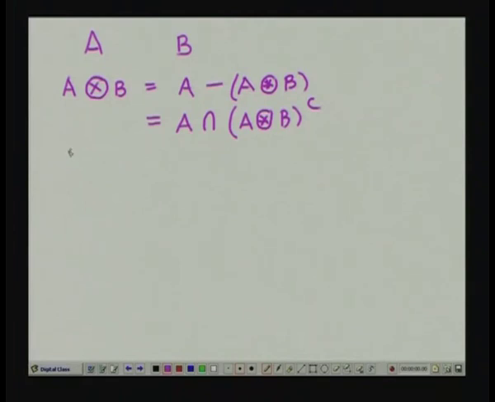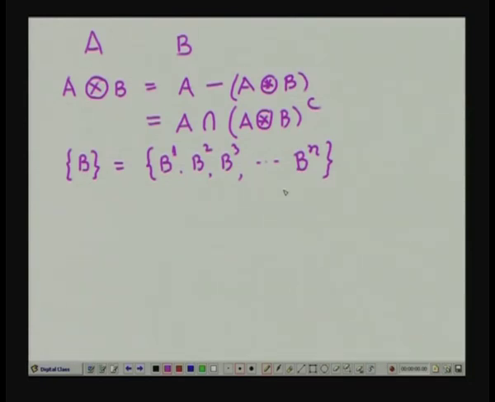So, in our case, for the thinning operation, we will have a set of structuring elements B, and this set will contain a number of structuring elements. Let us call them B1, B2, B3 and so on. Suppose there are n structuring elements. So, I will have up to Bn,